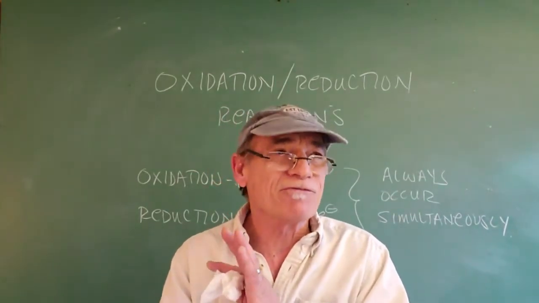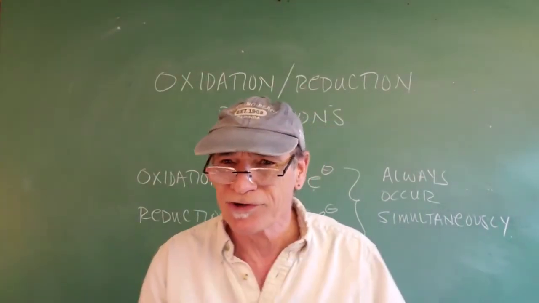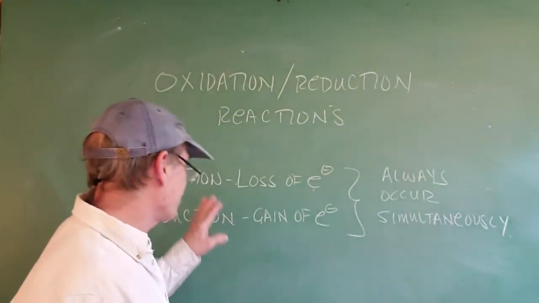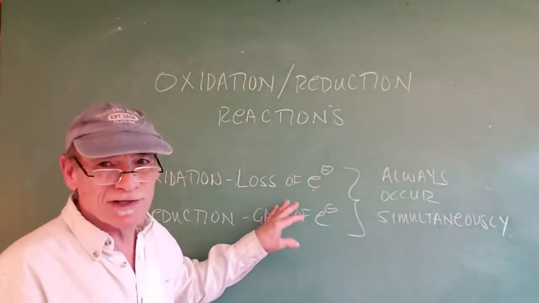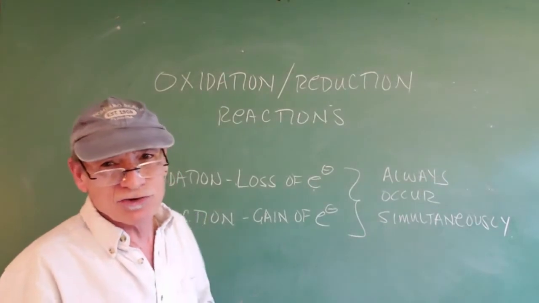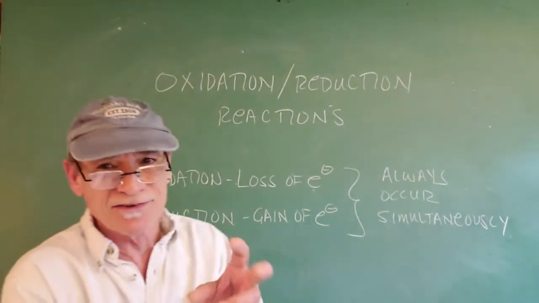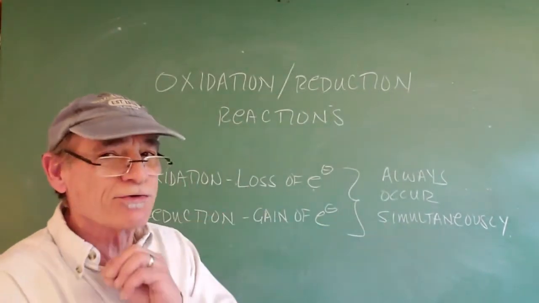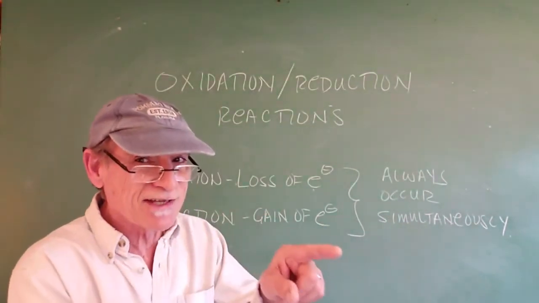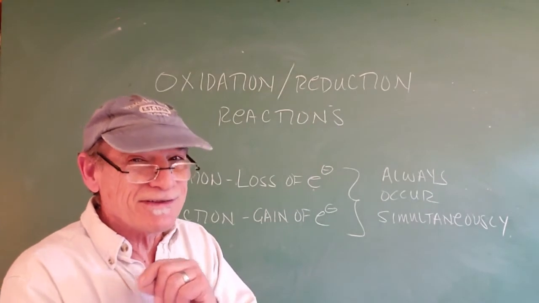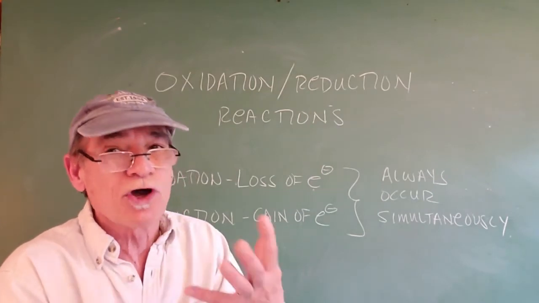So first, let's do a couple definitions. Oxidation, for instance, is technically the loss of electrons. Now, you'd think oxygen would have to be involved, and oxygen, don't get me wrong, is a great oxidizing agent. It will steal electrons from other things, oxidizing them, but the act of oxidation is the actual loss of the